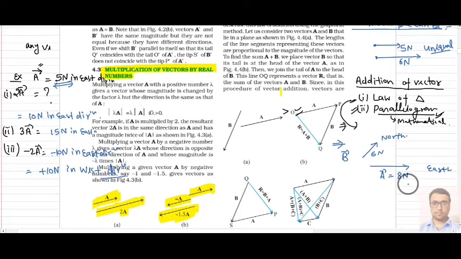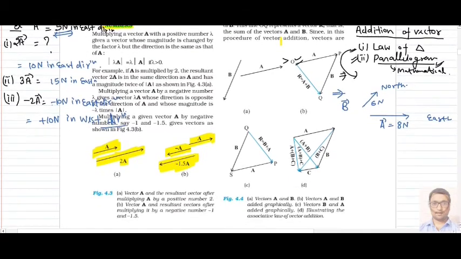Now we have to add both the vectors. So what is the rule? Suppose if we want to write A plus B, then what will we do? First of all, we make a vector in this way. Suppose this is your first vector, or A vector. Now remember, we have two things over here: number one, head, number two, tail. Then we have to put vector B. We have to make vector B, but this vector will be joined with vector number 1, that is A, in a particular way.